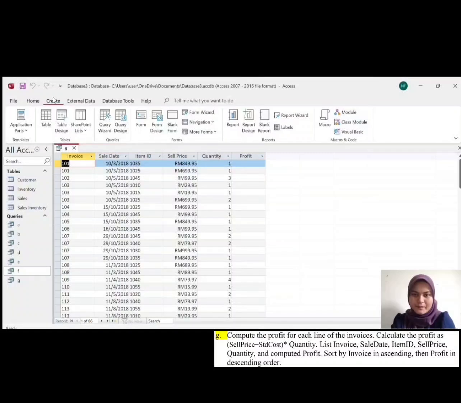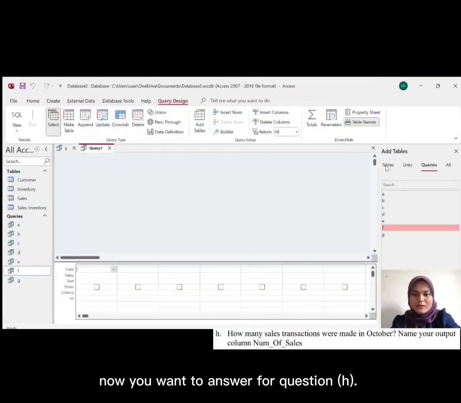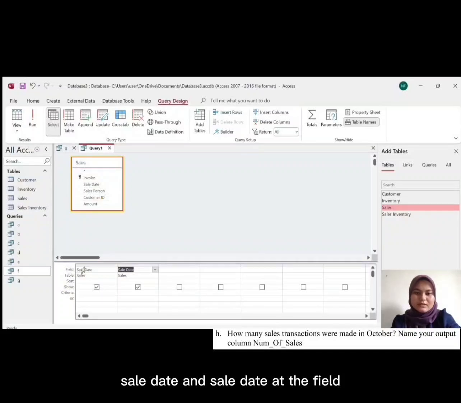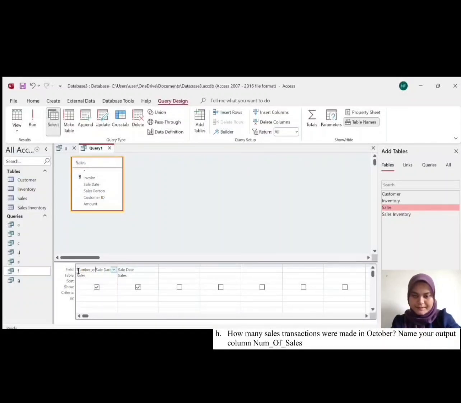Okay, and now you want to answer for H. So you need to choose sales date and sales date at the field. So you write this. Okay, number of sales. Then month.